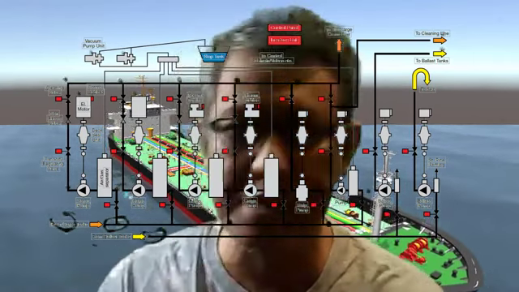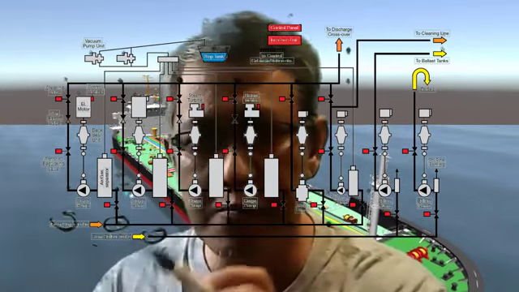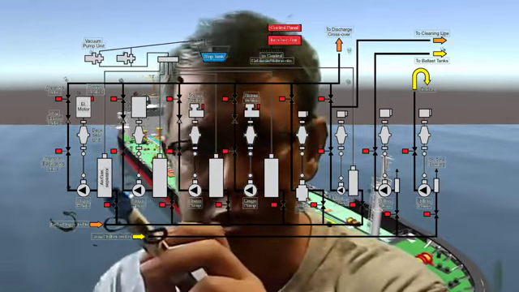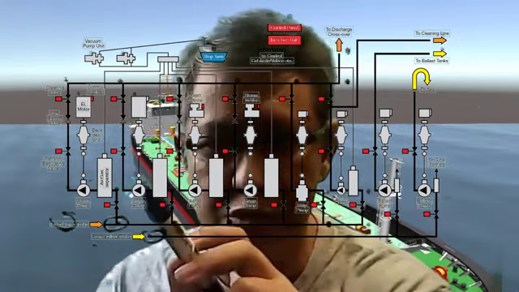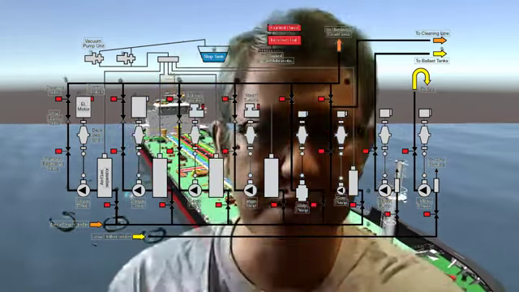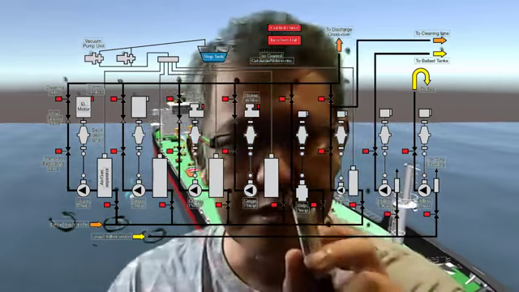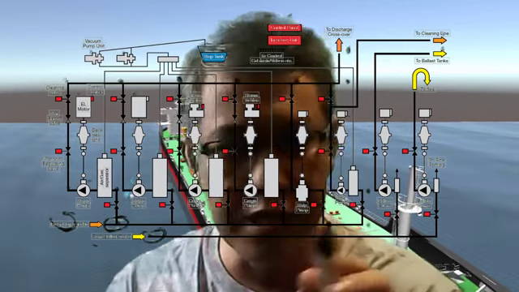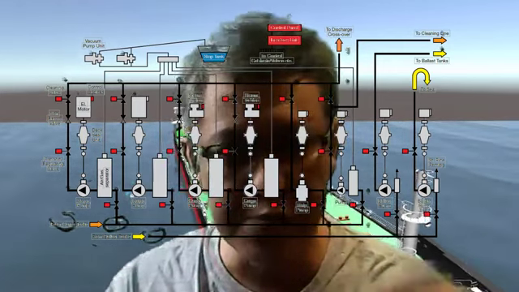Regardless, we can see here that we have 4 main cargo pumps. This one, this one, this one as well, and number 4. The rest of the other pumps are the stripping pumps and the ballast pumps,